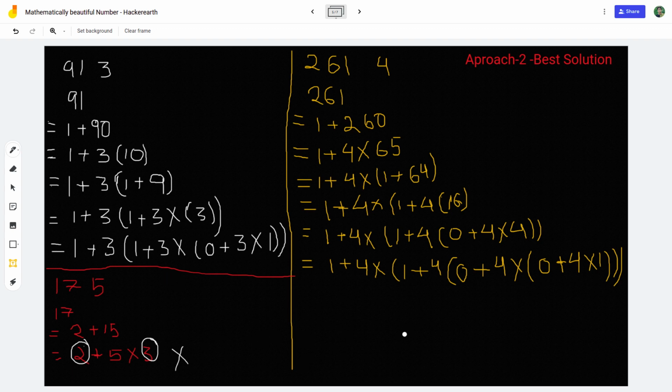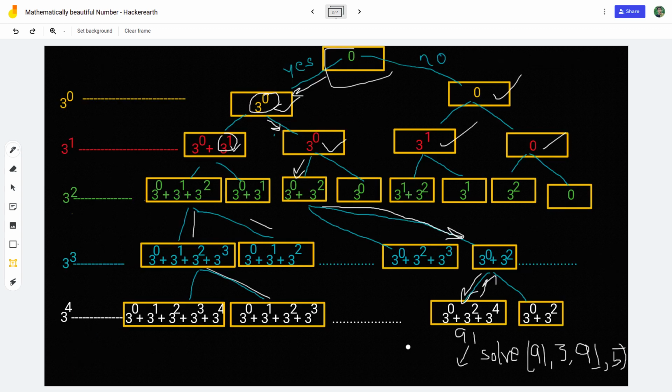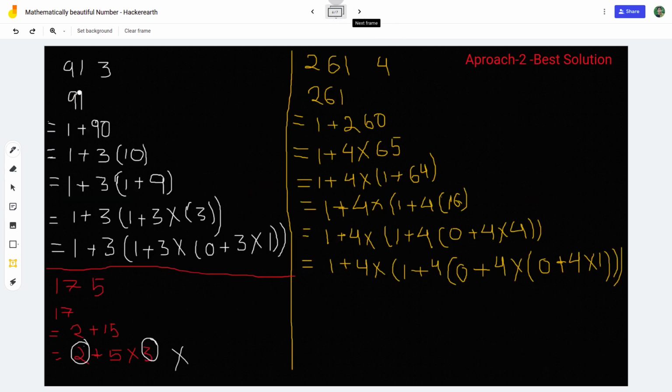So if we try to write 91 modulo 3, let me explain here only. So 91 and 3. From here you can understand, we can write 91 as 1 plus 90.